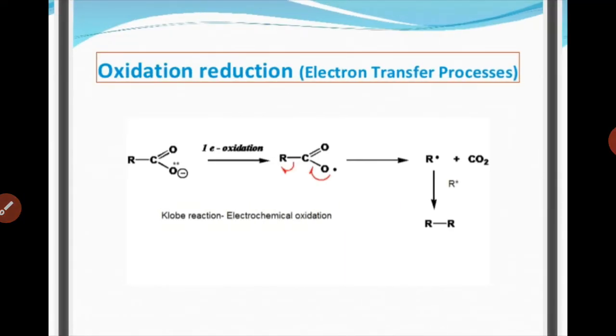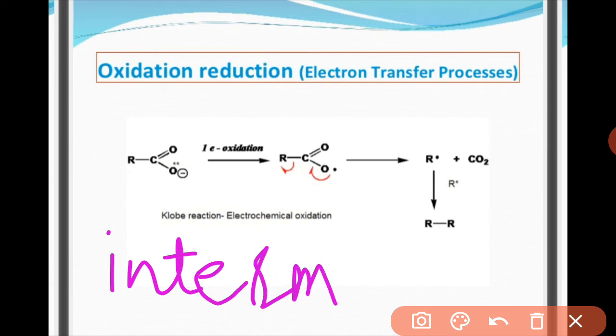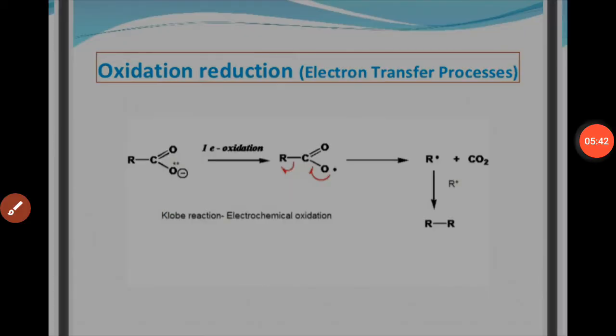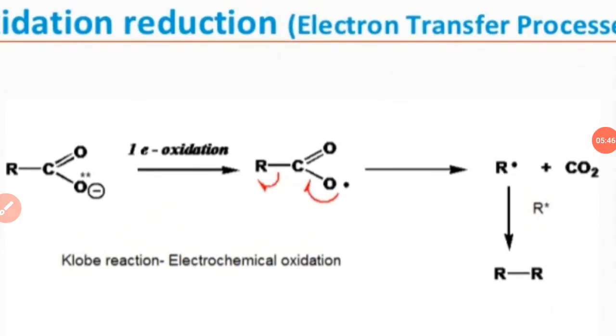You have to remember that free radicals are always generated during the reaction mechanism. So mostly they are termed intermediates, because they are so highly unstable. They are so unstable that they are produced for some momentary time and they will react with others to form more. Now this is the oxidation reduction reaction. I have already explained it in the alkanes preparation video. If you have not seen it, just see that video.